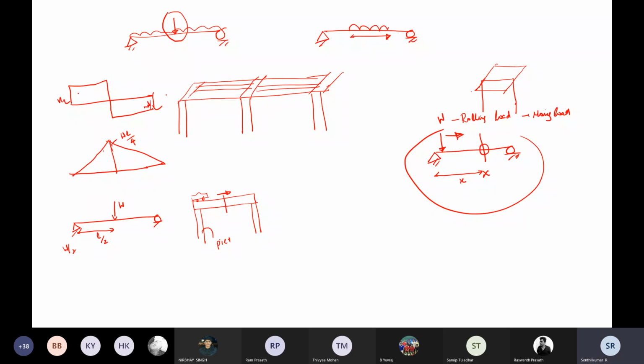Okay, so these are all fixed, but now the thing is changing. The load is not stationary. It is not going to be in one particular place. It is going to move from left to right. Then I just want to find out, in a particular section I am going to take at X distance, what is the shear force and minimum value when the force is moving from left to right. Okay, that we are going to see now.